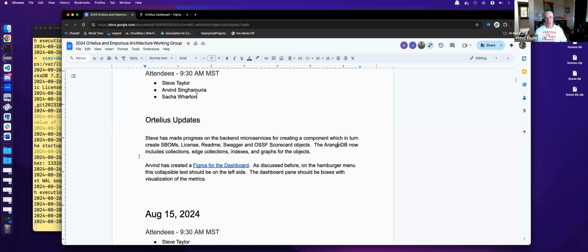And along with that, understanding how to create indexes in Arango, and then a graph is basically an object that uses the edge collection and other collections to do the internal navigation, like the internal navigation system